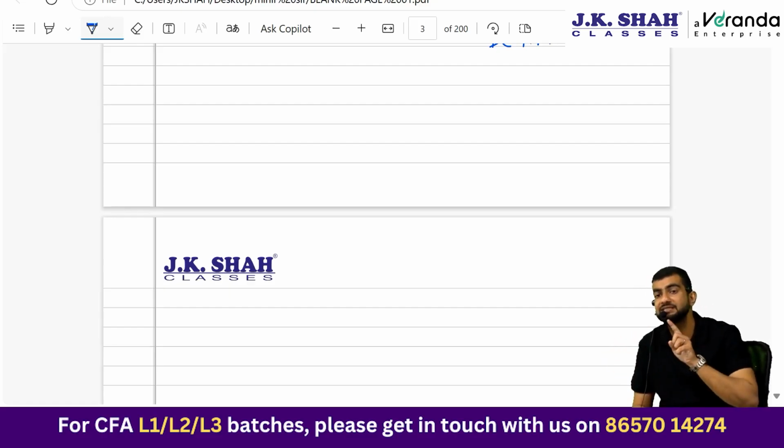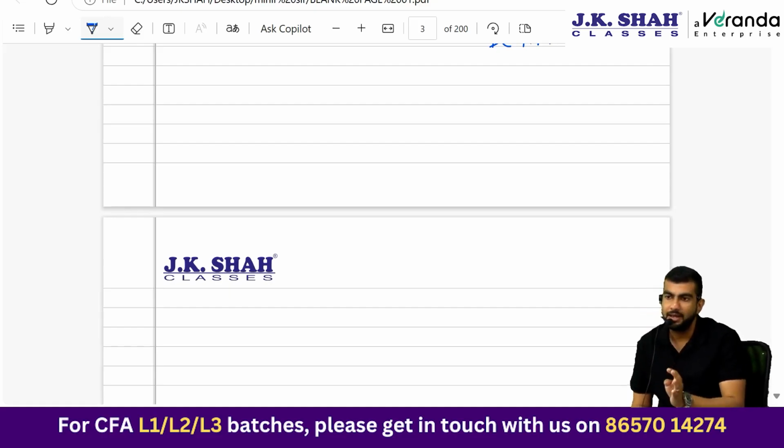Now when I want to change the classification for debt securities, I can change the classification if the business model test is satisfied. Not discussing too much on the business model, it is a part of level 2. Point is, can equity classification be changed? No, in US GAAP only one classification is allowed, which is held for trading. So what is the question of changing the classification? Not possible at all. Okay, fine.